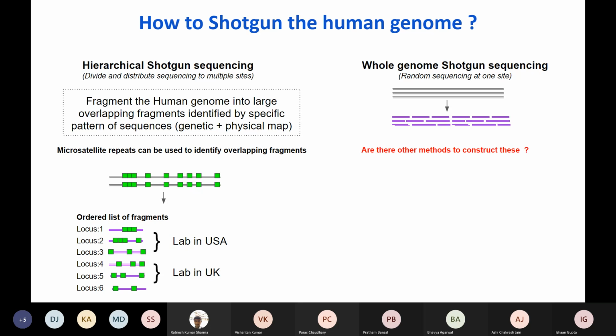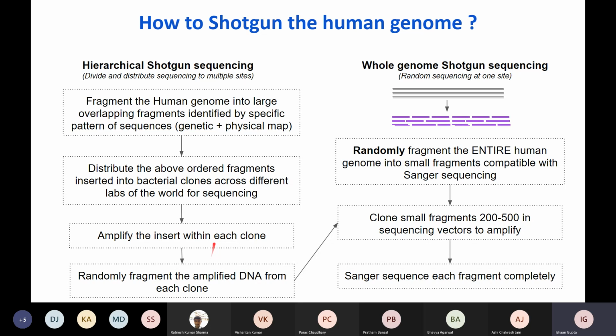Yes. They had a whole institute to do this. But obviously they were not able to do this entire thing on their own. At the end, what happened was the hierarchical shotgun sequencing people fragmented and distributed the ordered fragments across the world. Each lab would receive one of these clones, amplify the cloned insert, and then again randomly fragment it into smaller DNA fragments, clone them and amplify them, and then Sanger